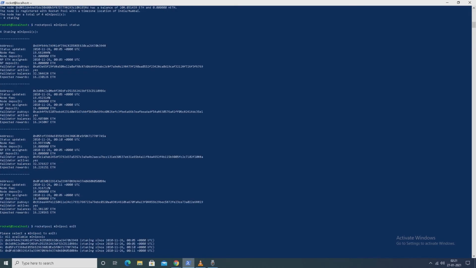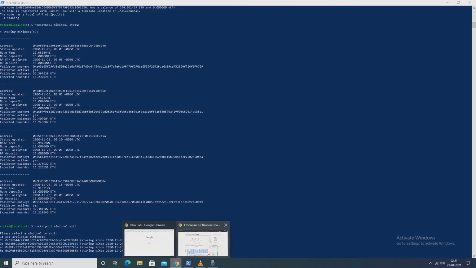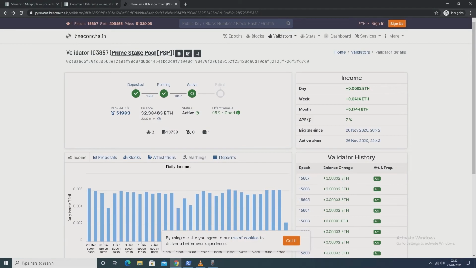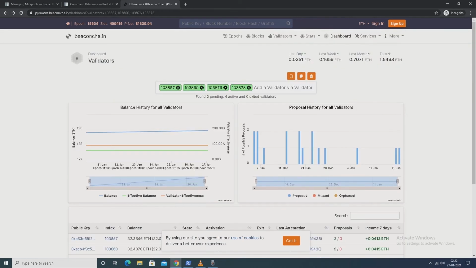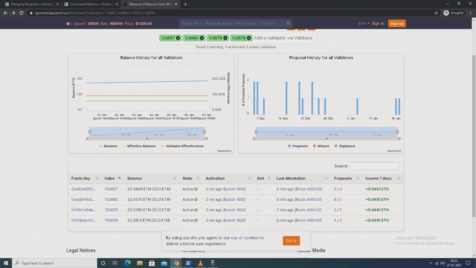It's showing all the 4 validators. Now we can see all available minipools that we can withdraw, and let's see from the beacon chain the one having the least rewards balance, that we will withdraw.